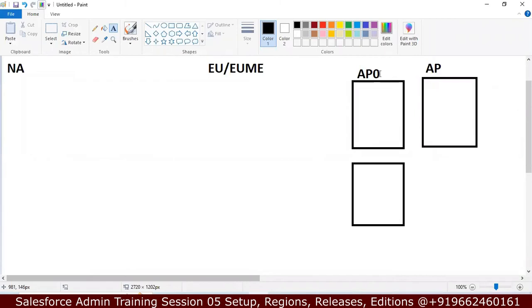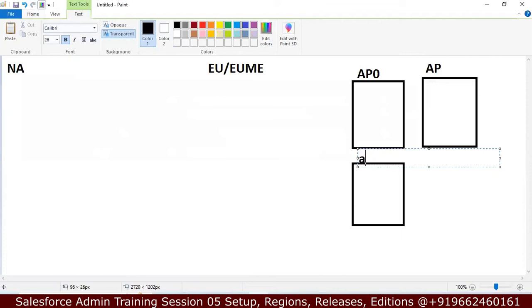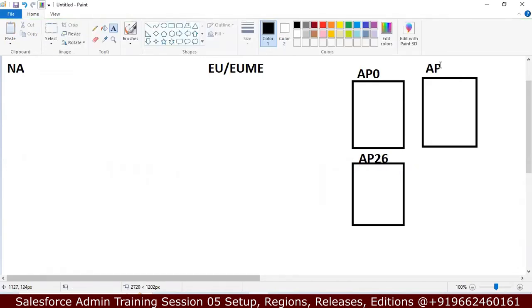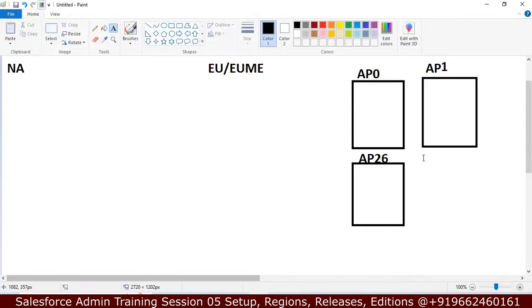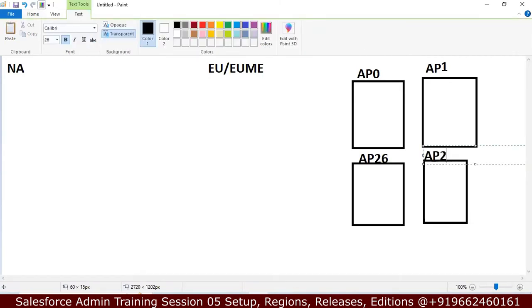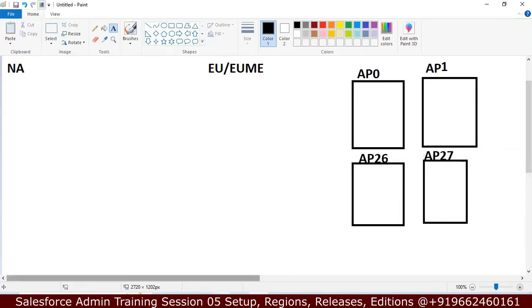When they started servers, they started with AP0. Now they have allocated memory space in AP26. After AP0, they have AP1. Not only AP26, there is one more server, AP27. Like this, how many servers are there? That we can check in